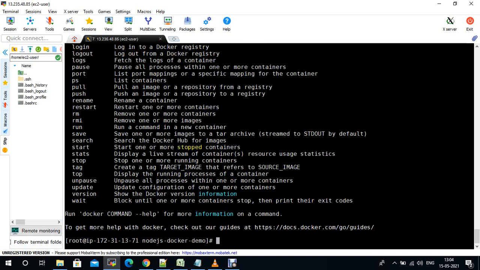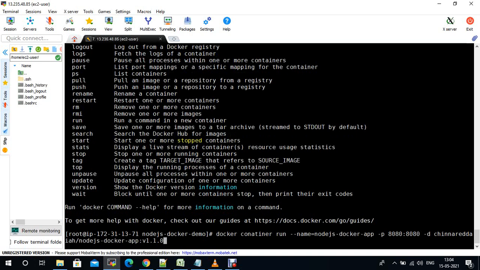Okay, what is missing? Docker container run.